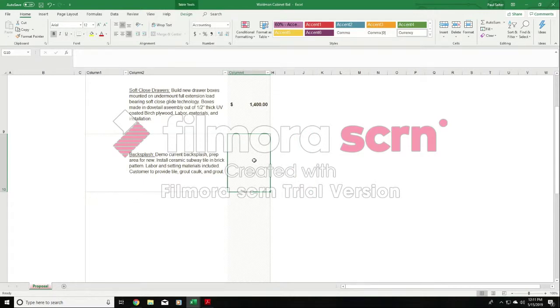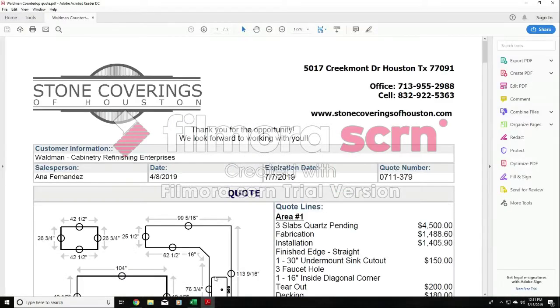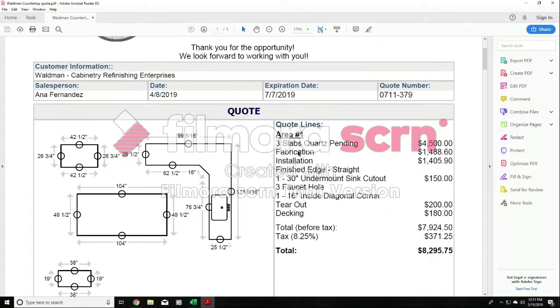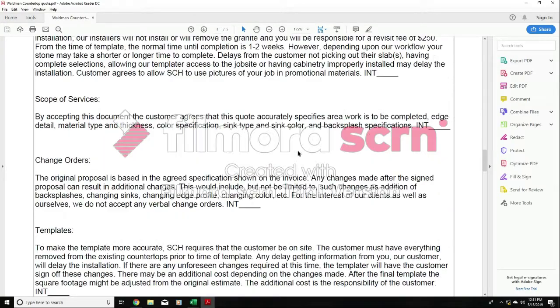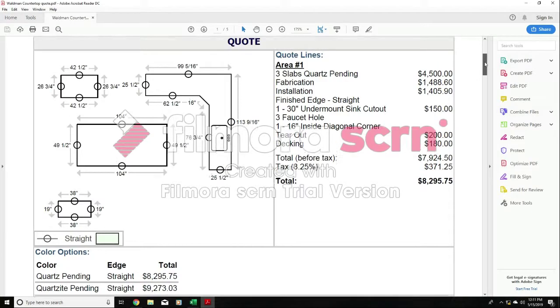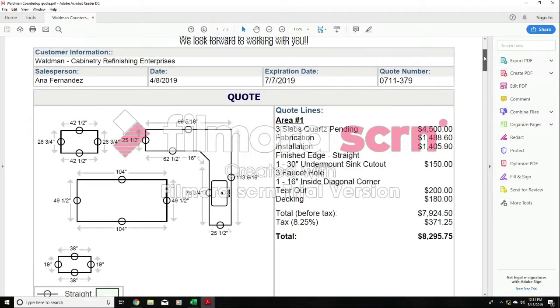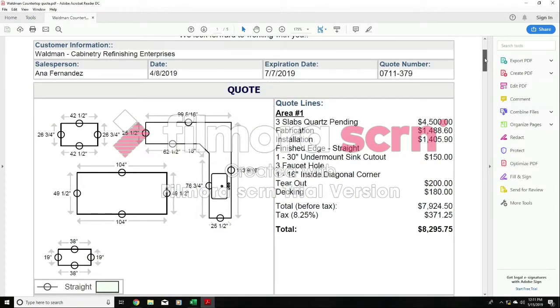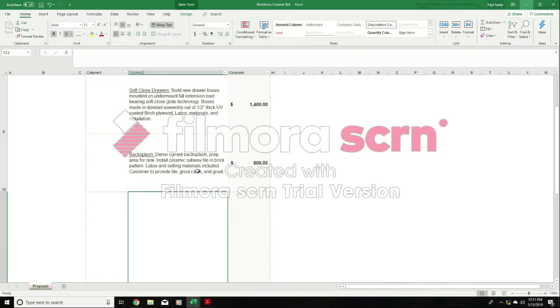And $800 is what Stephanie priced it as. I'm not sure what this was. This was the bid from the countertop company for Waldman. So it looks like for backsplash, I don't really see where she priced it. Maybe there was another quote for the backsplash that Stephanie didn't send me. She might have. I think she did separate it out when she sent y'all this. So whatever, either y'all did that at cost or you marked it up some, but I do think that you sent